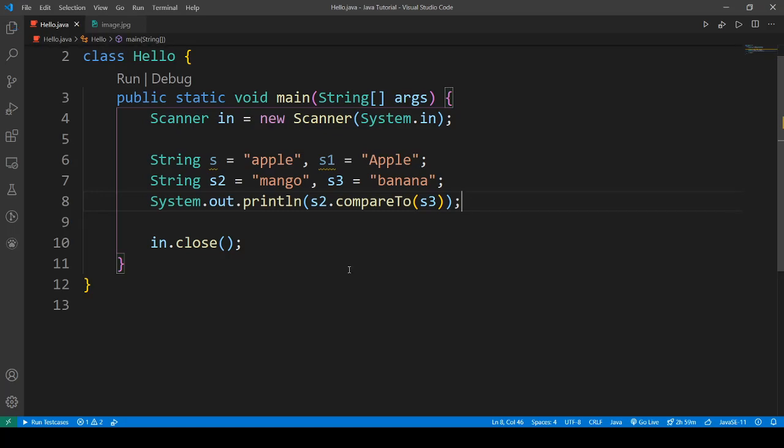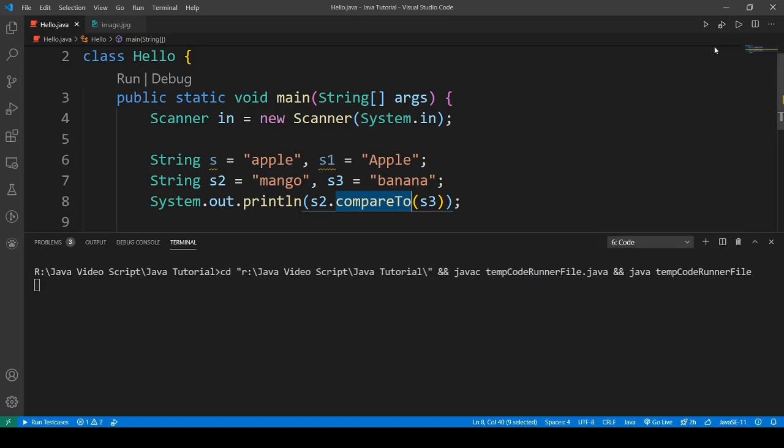What compareTo does is that it compares each character till it encounters different characters. For example, here we are comparing S2 with S3. The first character in S2 is M, and the first character in S3 is B. Since the ASCII value of M is greater than the ASCII value of B, the compareTo method will return a value greater than 0.